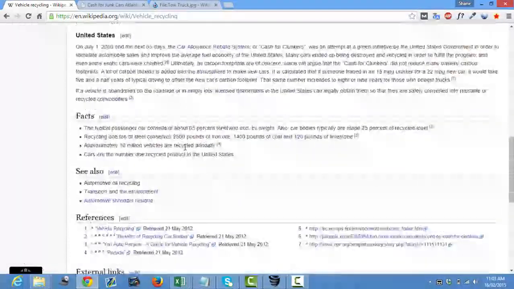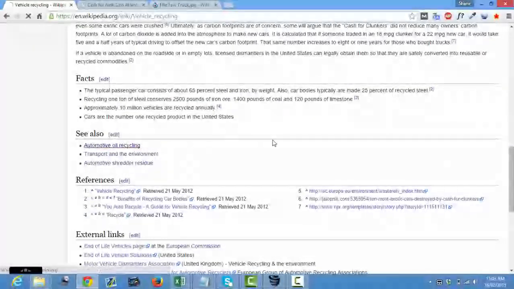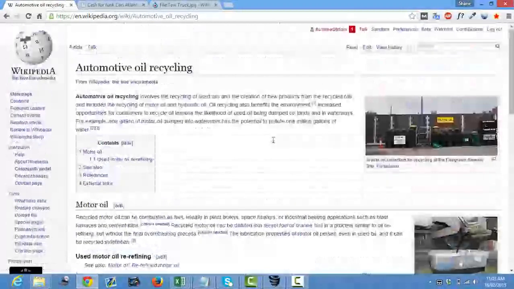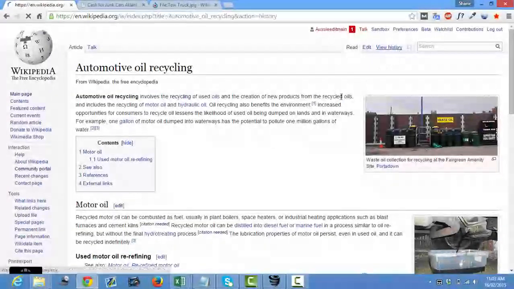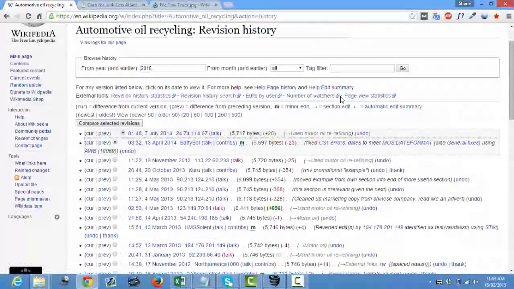And we'll have a look at this one. So automotive oil recycling. Okay, so I'll check this one. It's perfect, straight away perfect. 7th of July 2014. So not busy at all. Long space between edits.